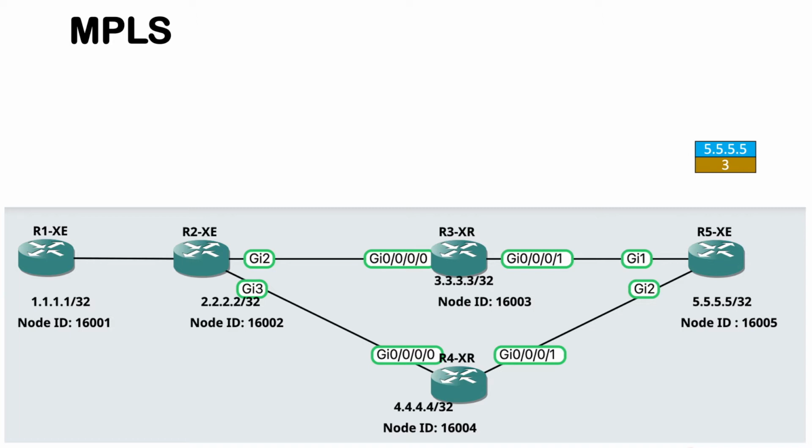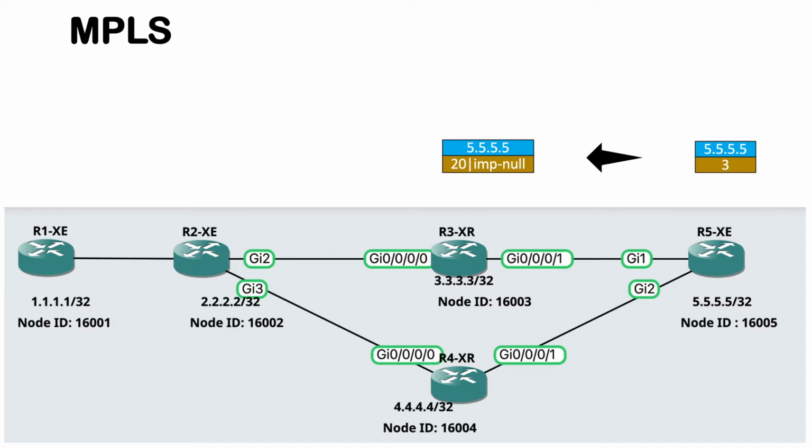Whenever any router receives a label mapping for a particular prefix, if it says that it is 3, then it would know that that particular prefix is directly connected. So while sending the packet out, I would just strip off or pop the label out and send the packet. So in this example, 5.5.5.5 with the label 3 out of R5XC reaches the R3 router.